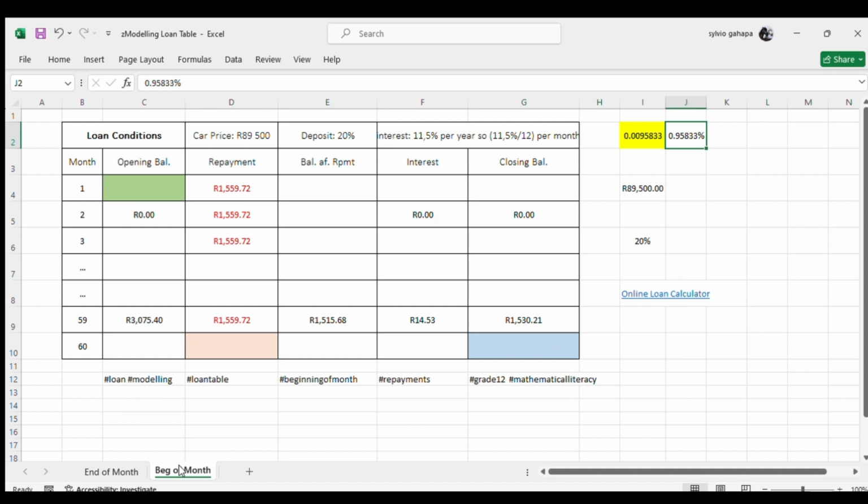And then after the balance after repayment, now we have the interest. So the interest is now being calculated on the balance after repayment. And then finally, if you add that to balance after repayment, you have our closing balance. Just for you to understand what's happening here, guys,